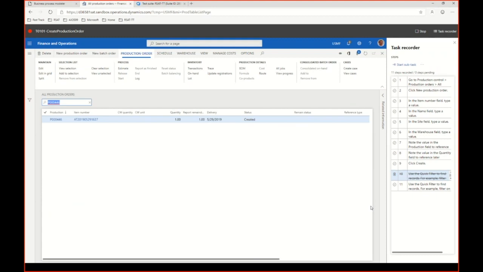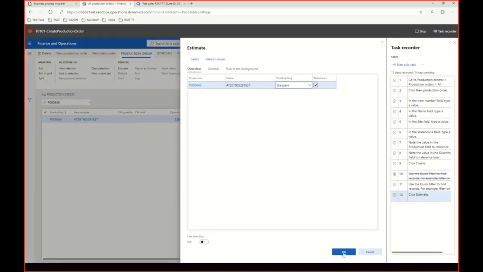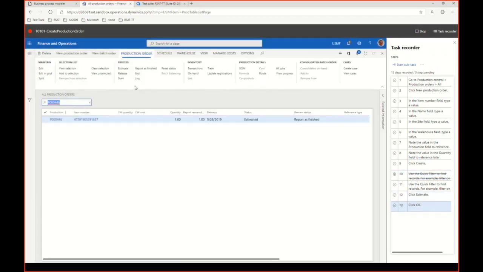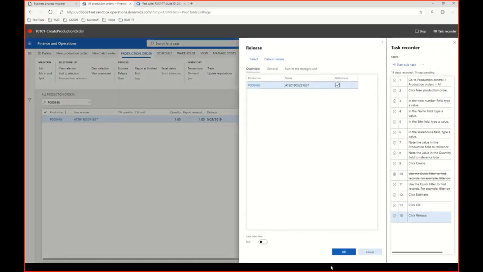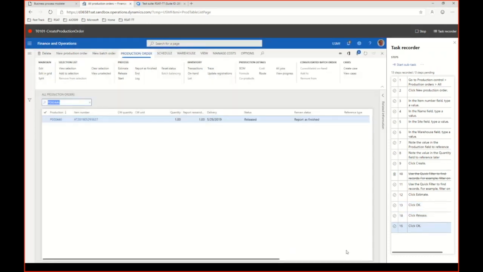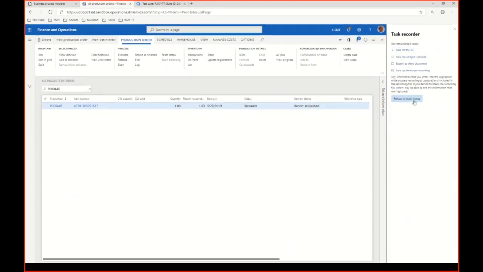So my next thing that I'm going to do, now that I'm sure that there is only one order left over, I can now easily do the next of my recordings. As I said, that would be the estimate. And the last step would be the release. Okay, and we're done. So I can stop my task recording, and I can just save it to my Lifecycle